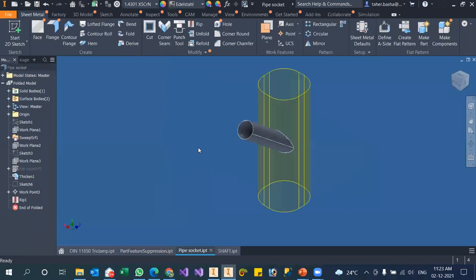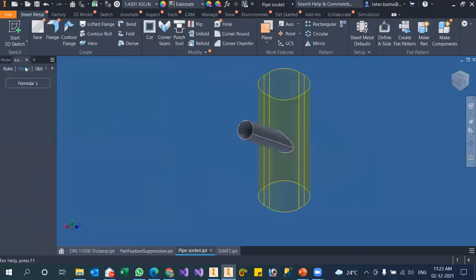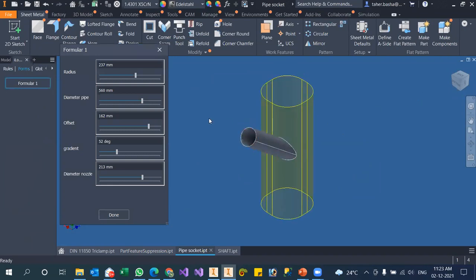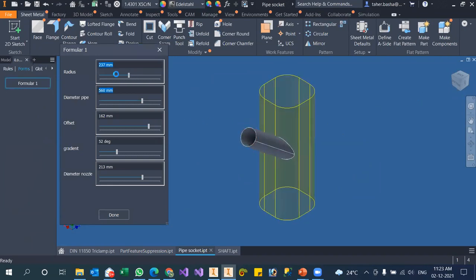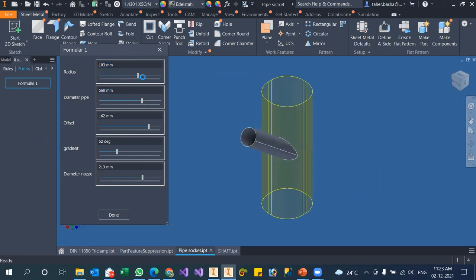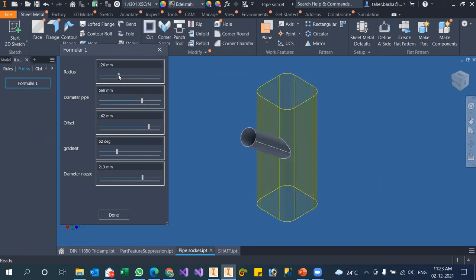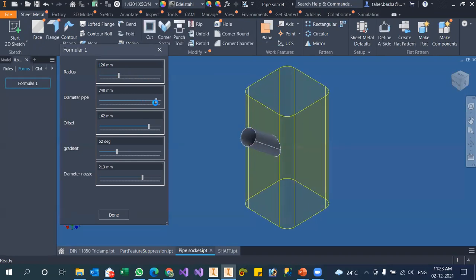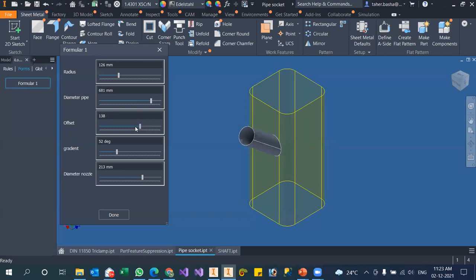Let me switch to another component. Not only that, you can handle your components live, right? So when you are working with the model, you can easily change the parameters by just dragging the values here. So far we have seen that you have to give the value and then insert the value, then it will update, but this is going on live. Like that, you can even place this one wherever you want, and the diameter of it, like this.